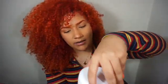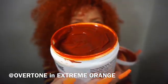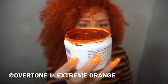I wanted to do a brighter orange because the other oranges were good, but they weren't as bright as I was going for. For example, I love Overtone, but you can tell that it is a little darker. I'm scared to try this because I don't want it to turn red again, or close to red, or super dark orange. But it is currently day 2 or day 3 of this hair color,